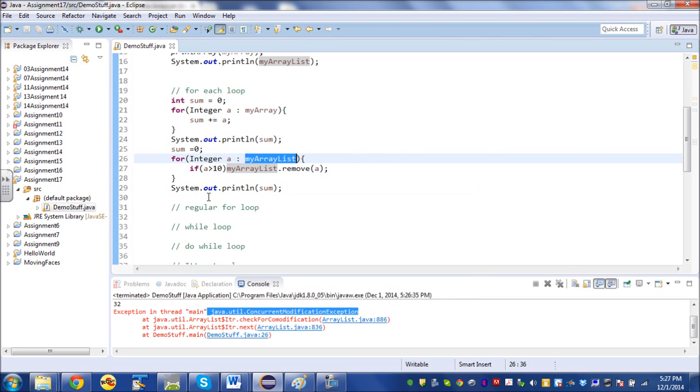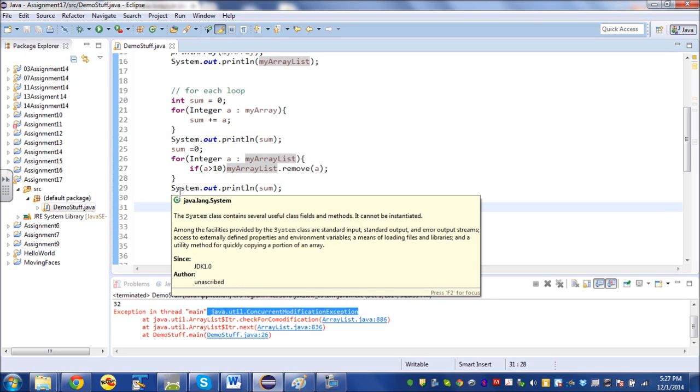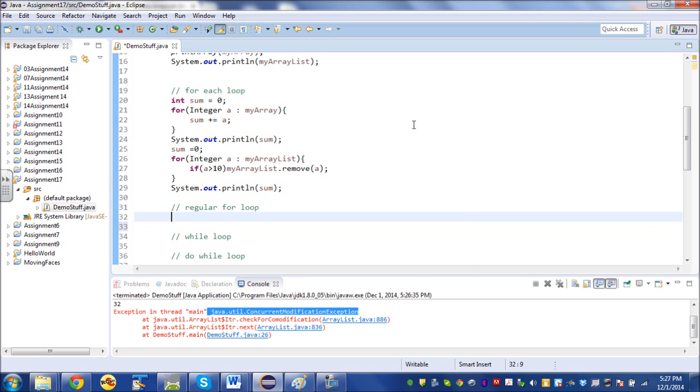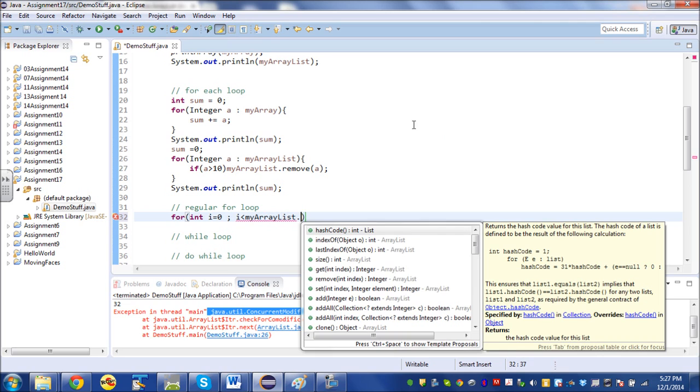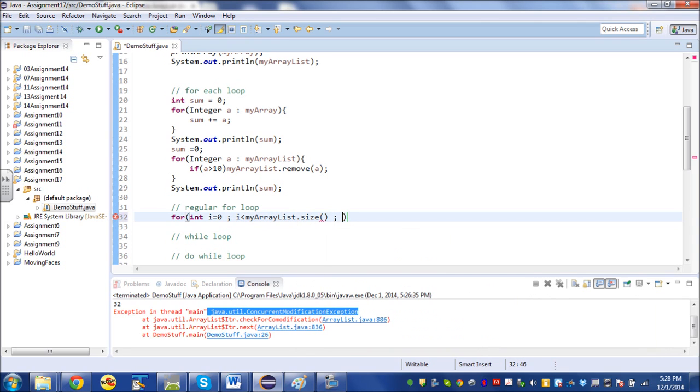So what if I do want to remove every item that's bigger than something? If I have a loop that performs an action that requires the modification of the original container, I need a regular for loop. And anything I can do in a for each loop, I can do in a regular for loop. So what if I say something like for int i equals 0, i less than myArrayList.size(), i plus plus. Now I want to get an element out of the list, so I say Integer a equals myArrayList.get